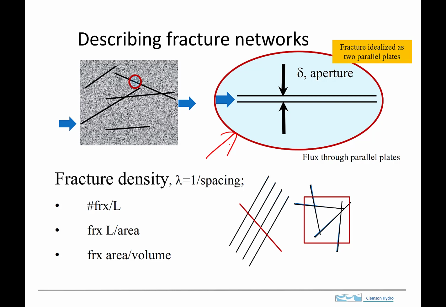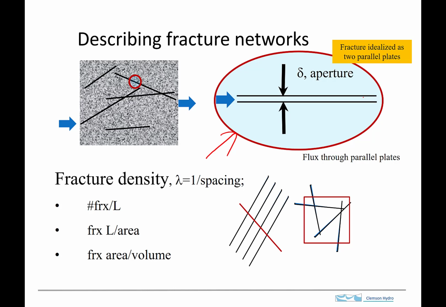We saw in an earlier video that fractures are really supported by asperities, so they really aren't like this actually, but we can conceptualize them as having an effective aperture that is characterized by this length. And so we can then say fractures are this slot,